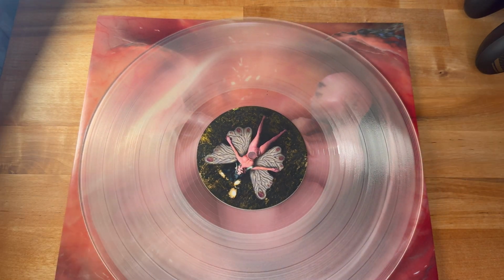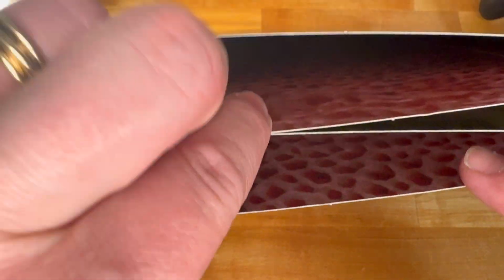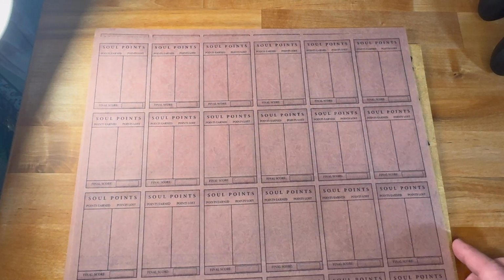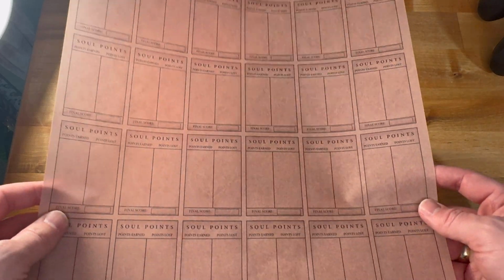The sound quality for both of these sounds amazing. I kind of wish they would have done a different color or something, but with how many variants there are currently of this out there, considering I think there were 5 variants of the base album, I'm sure they were kind of trying to figure out what would be good for this. So maybe we'll see another pressing down the road, but I'm just excited we got the last 3 deluxe tracks